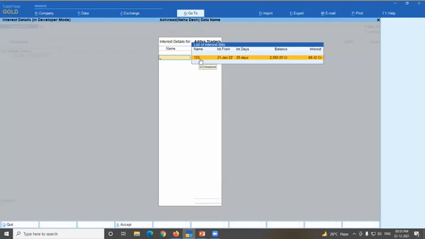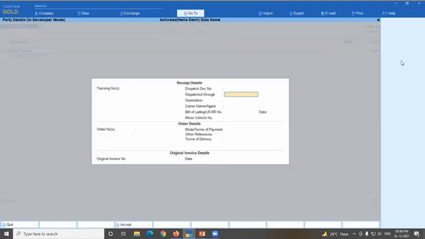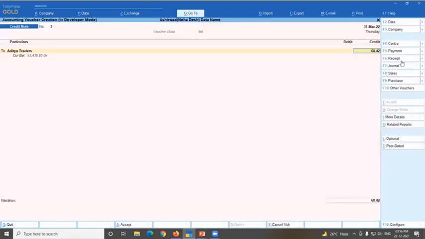Bill number 123 I have entered on 31st January. If you remember in the starting session, the effective date was 31st January and the entry was done on 5th February in the voucher. So Tally shows that from 31st January, 55 days have passed and the payment is not received. As per our configuration, 12% interest from that party should be received. So I am crediting the party. It is a credit note, so I have to pay the party. See, the amount comes automatically here.